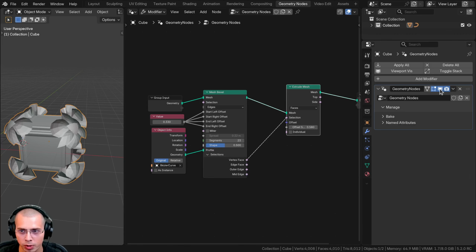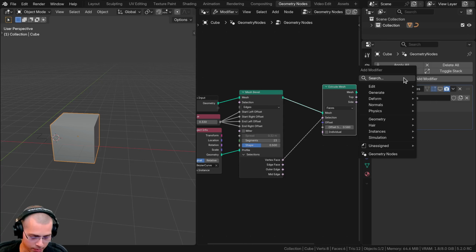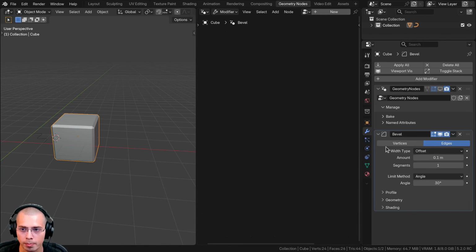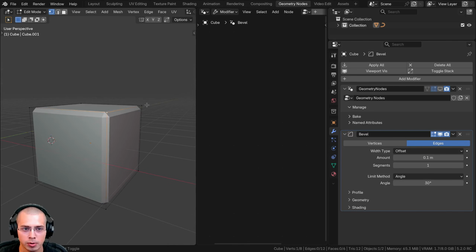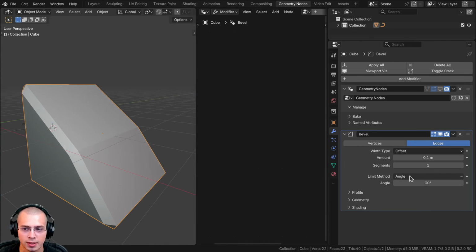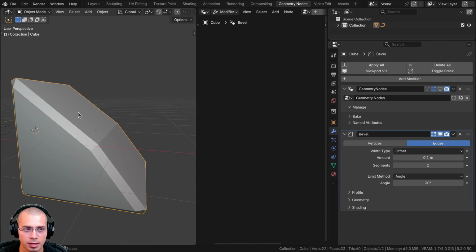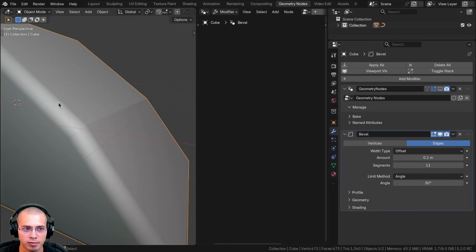All right, now what I'm going to do is just disable the geometry nodes from the viewport, and let's click on add modifier, and I'm going to add the regular bevel modifier. So with the regular bevel modifier, if I go into edit mode and select these two vertices and move them down and move this over here, you can see that there's the angle limit or the limit method. And so you can see if I just turn up the segments here, clearly bevels are being added right here